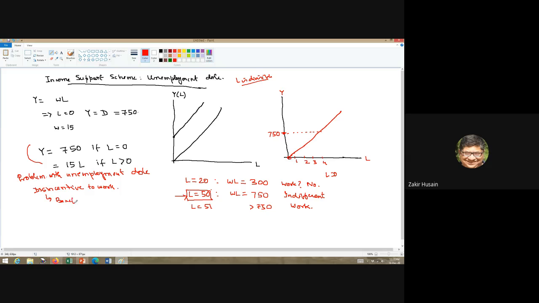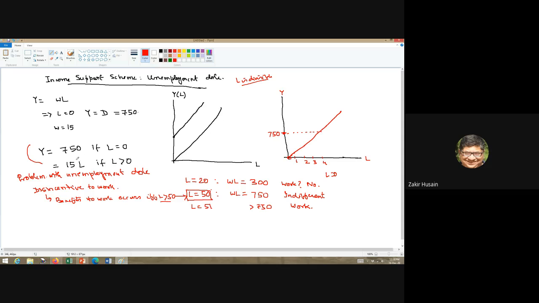You will work, benefits to work occur if and only if L is greater than 50. Even at 50, it's better to sit idle. Okay. So because of this wage structure over here, people will not work unless they are given